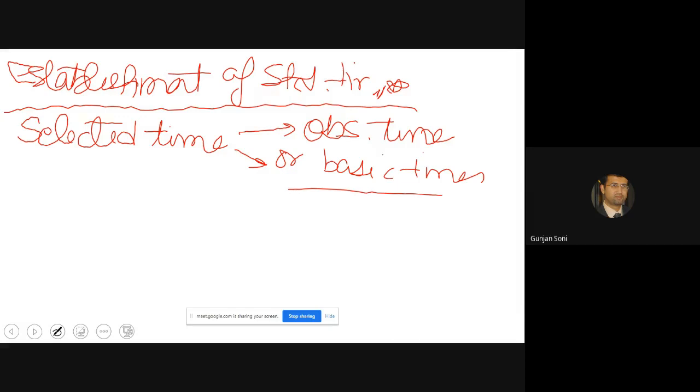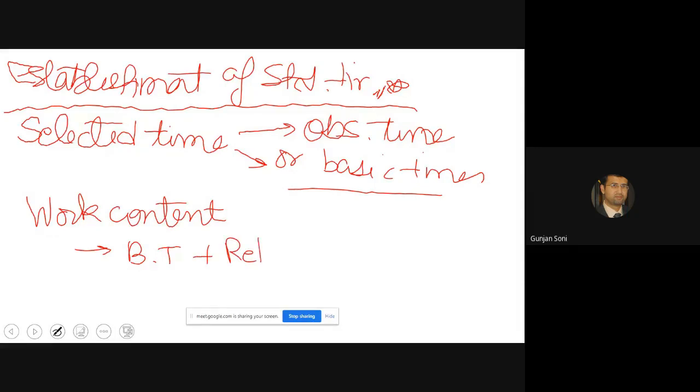Now work content is another term which basically indicates basic time plus relaxation allowance plus any allowance for additional work.